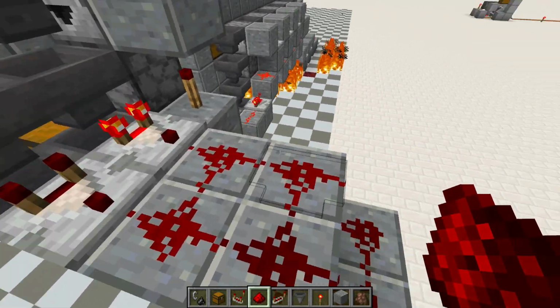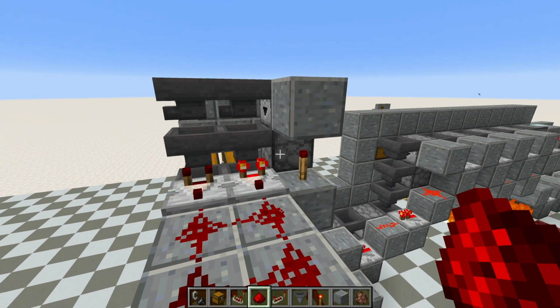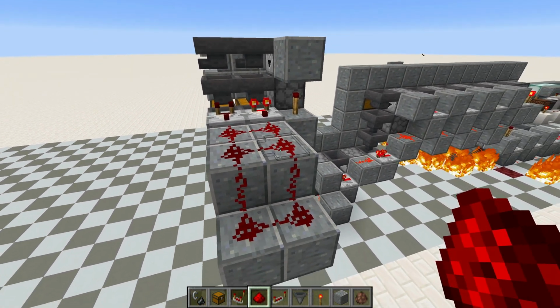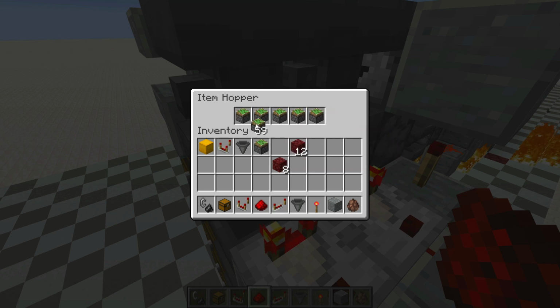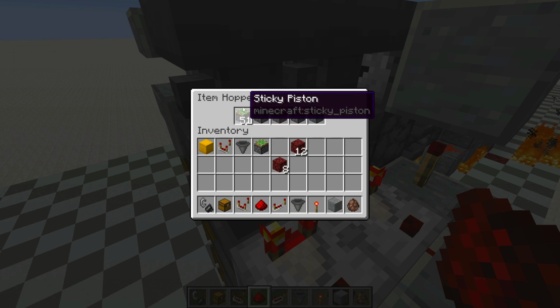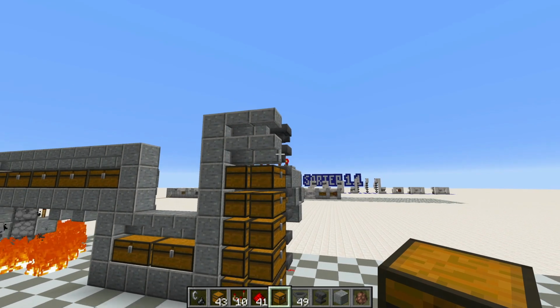to point out is that these are right next to each other, so the redstone can interfere, but since the items are coming in at a pretty slow rate, you can't really get too much overflowing. And then we once again just fill this up with whatever item we want to be sorted, and you can just throw in a whole stack like that if you want to. It will automatically level out to the 41 number. And now you can add as many of those bulk items as you like, but once you're done with that,